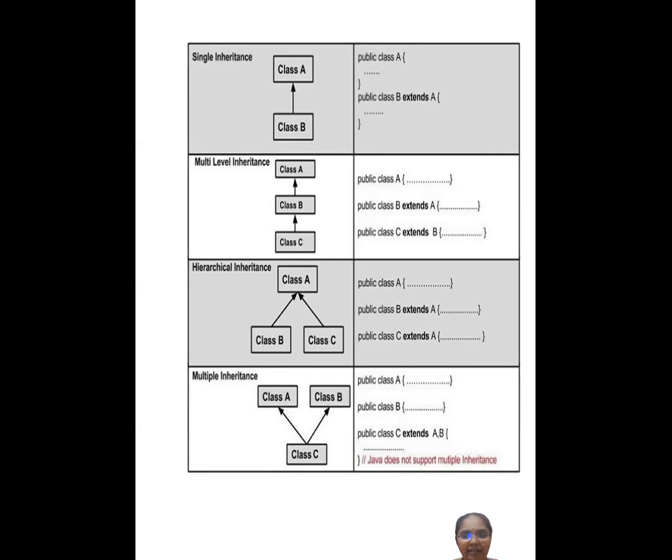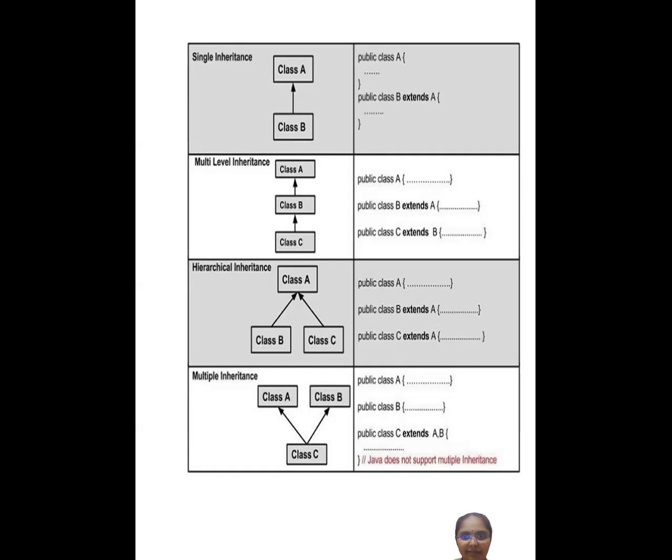What do we mean by multi-level inheritance? More than one level present in the pattern is called multi-level inheritance. Here I have a class A, which will have certain features. Class A is my parent class, the intermediate class is class B, and the child class is class C. Whatever content is present in A, I can use in C through B. A's features can be inherited to C.